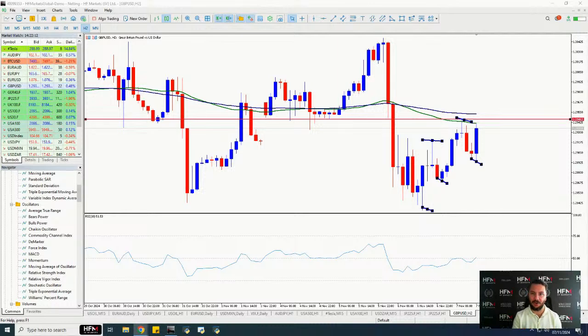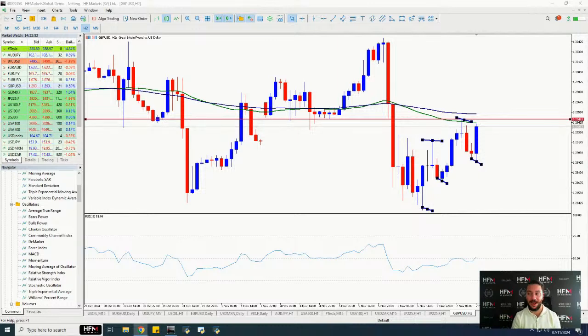But when you're looking at a currency pair, there's benefits to actually analyzing it as though it's three different separate assets. You're analyzing, for example, for the cable, the British pound individually. How is the British pound performing against the whole of the market? And then you're analyzing the US dollar individually and how it's performing against the whole of the market. And then you are analyzing it as a single asset. So it's like three assets: the British pound, the US dollar, and then the currency pair itself. So keep that in mind, ladies and gentlemen.